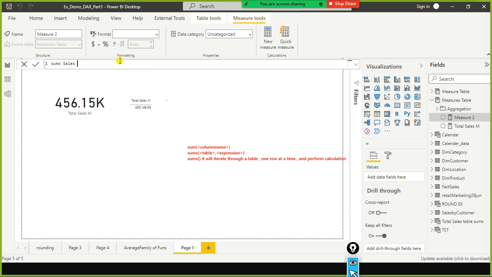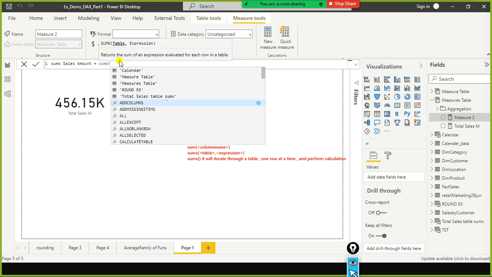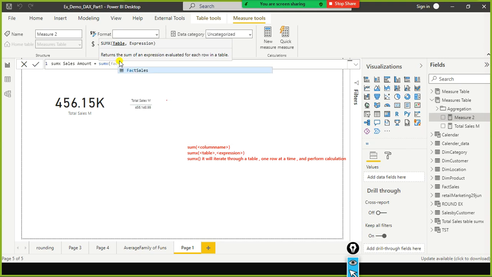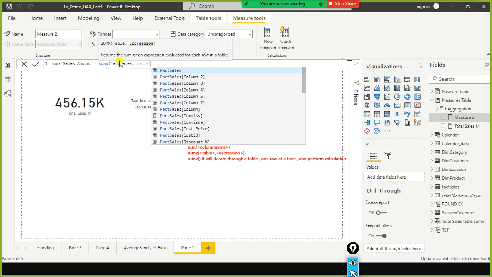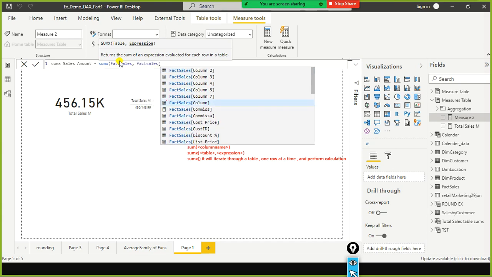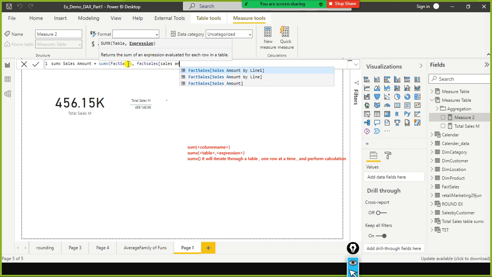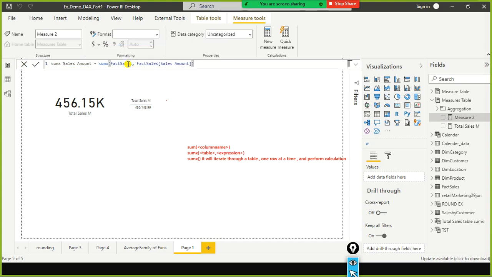SumX, just for our understanding, SumX sales amount is equivalent to the SumX function. The first argument is supposed to be the table name, fact sales, comma, what is the expression? I can say the fact sales of, okay, let me do one thing, sales of the sales amount. I can do this one also. We will do this one also now. I'm going to do this, SumX sales amount,